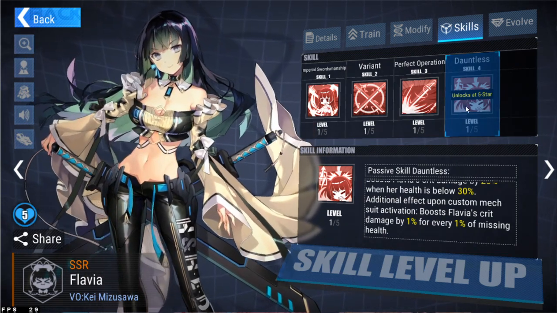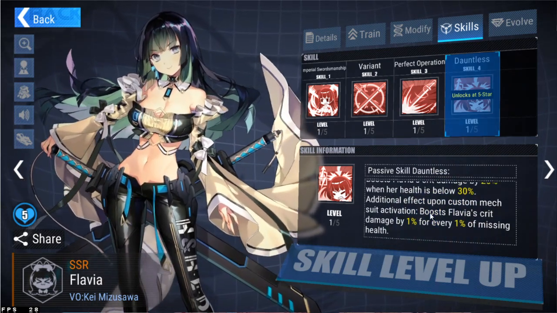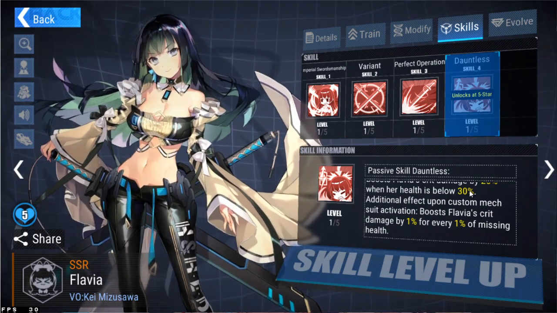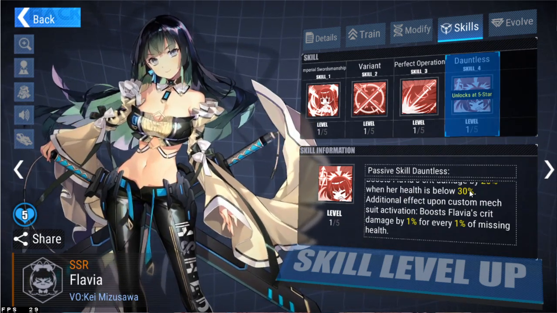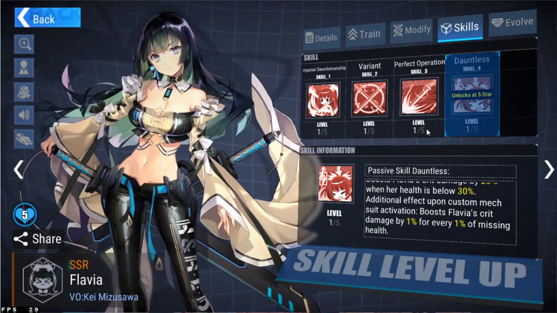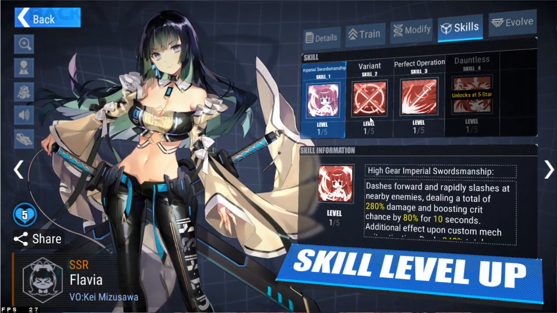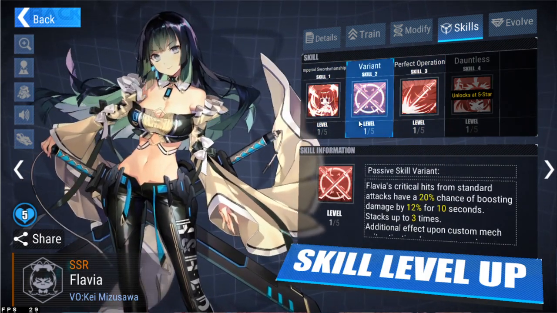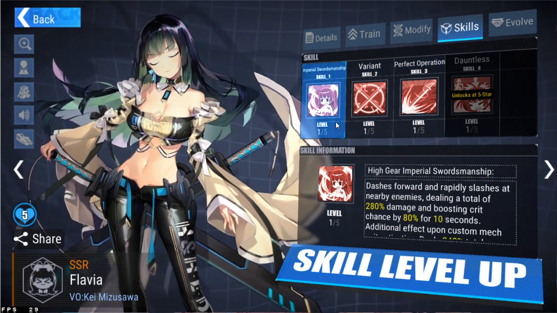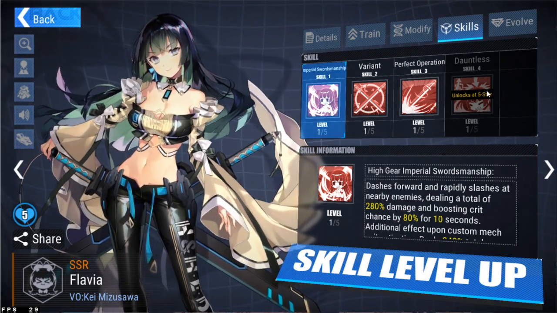So Nova's absolutely insane. And Flavia is no different because of a similar effect. The only difference is that it's crit damage instead of just overall damage. If it was just overall damage, I'm sure Flavia would be one of the best units in the game, same as Nova. But it's mainly because Flavia is crit reliant, which might not have people thinking of her as the go-to unit. But as long as you have her mech and as long as you have her at 5 stars,